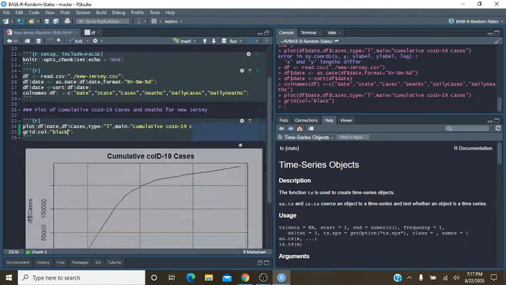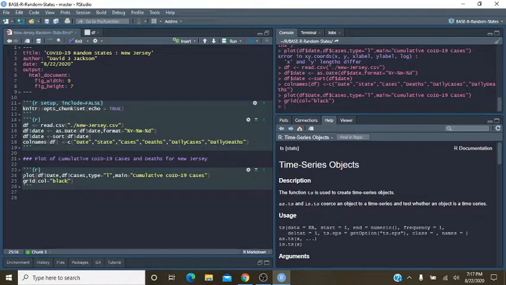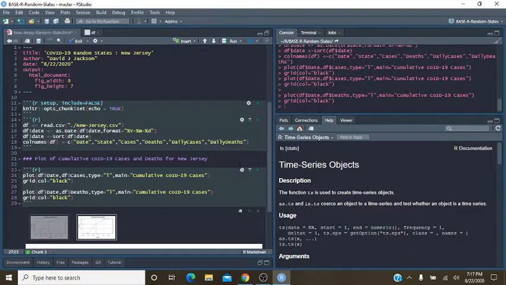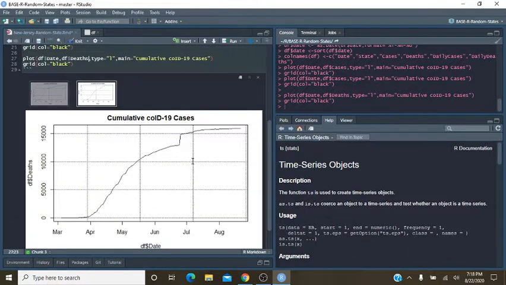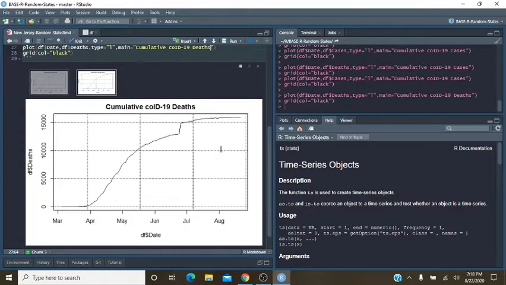So let's see how this works. Yowza. This is interesting.